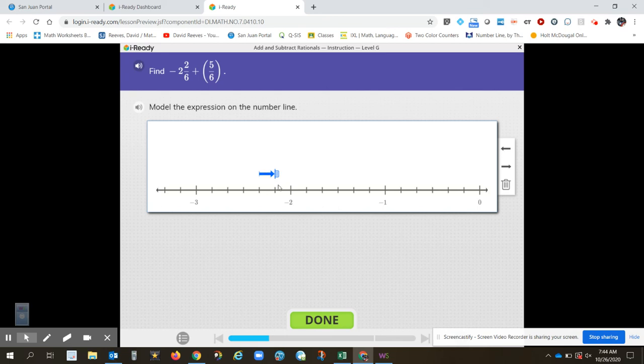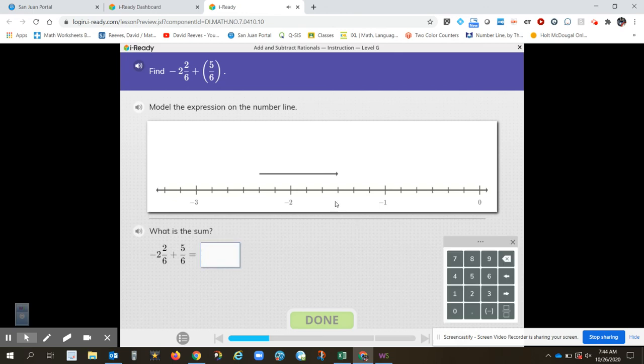So there's -2 and 2/6, and they want us to add 5/6, right? So there's 1/6, 2/6, 3/6, 4/6, 5/6. Okay, and when I do that, where do I end up? Well, here's -1, -1, 2, 3. Right? So let me go ahead and mark this as done first, and then I would be at -1 and 3/6. Okay, so -1, see here's -1, there's -2, and then there's 6, and it would be